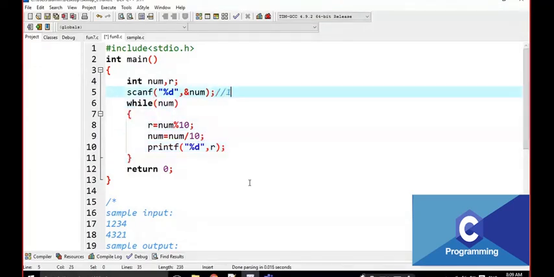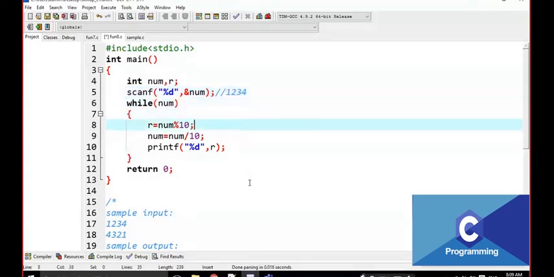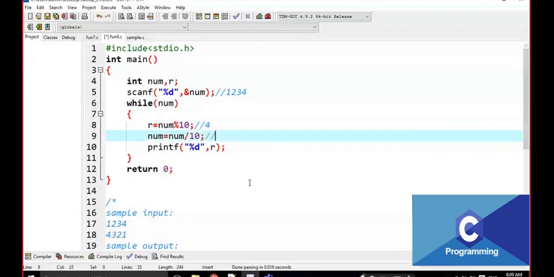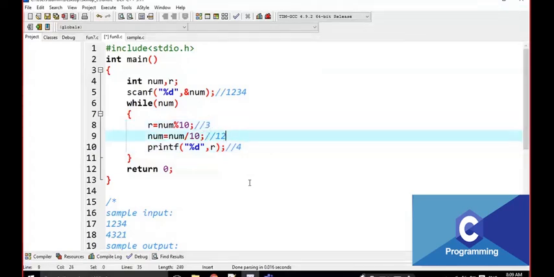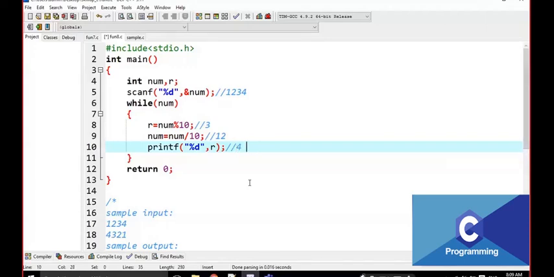For example, the number is 1, 2, 3, 4. What is the r value? The r value is 4 first of all, and num becomes 1, 2, 3. I am going to print 4 here. Again this is 3, and num is 12, and it is going to print 3.